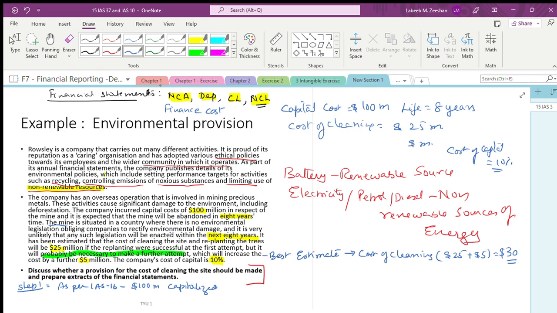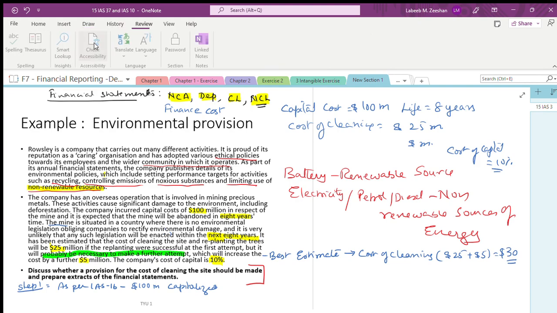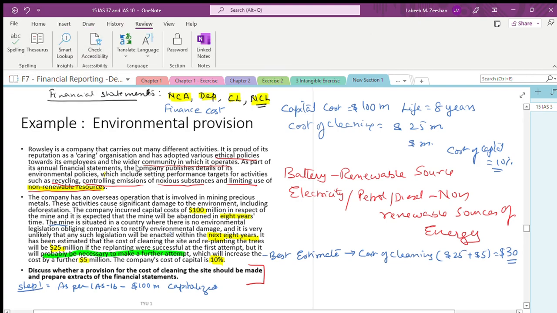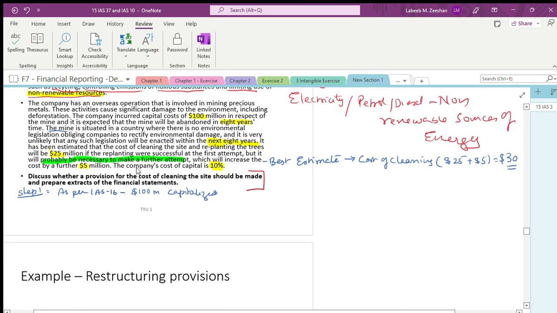Is it right? For this, the most important thing, how much is the amount we have to allocate? How much should be allocated? We are paying how much? 30,000 we have to keep. Is it right? For replanting. We have to make a provision for 30,000, which has to be done at the end of the 8th year. Step 2.